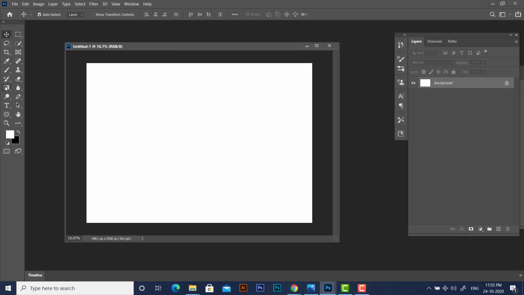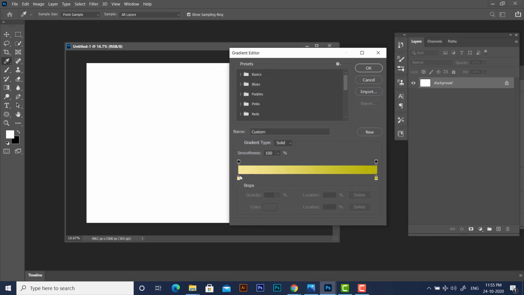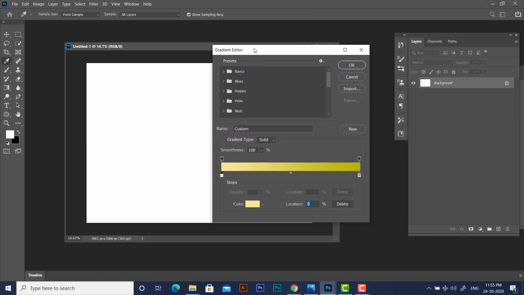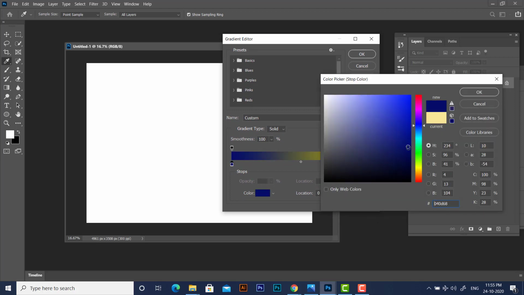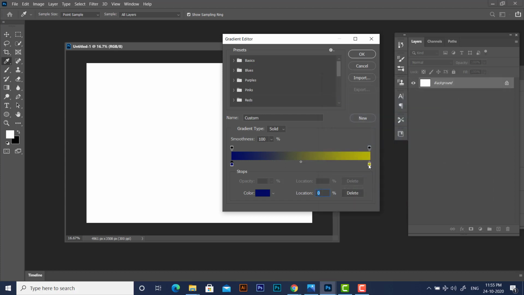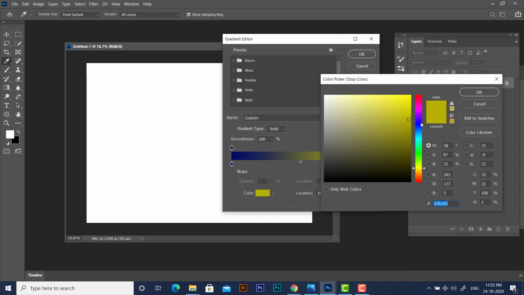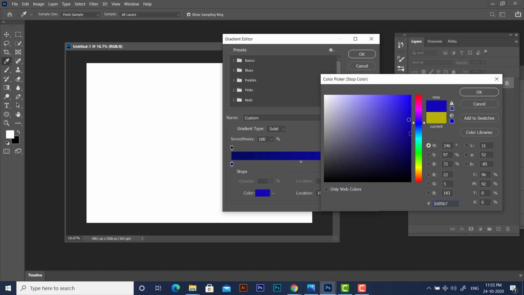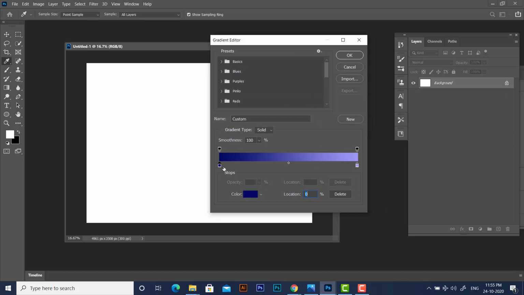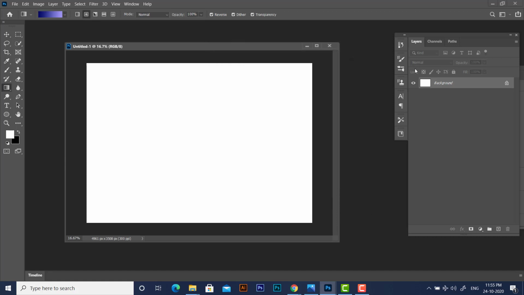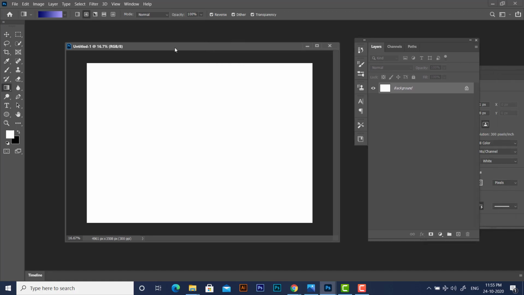So select the gradient. I am going to create a bluish gradient. You can also experiment with other colors, a gradient with light blue and dark blue shades. Just click OK, and then